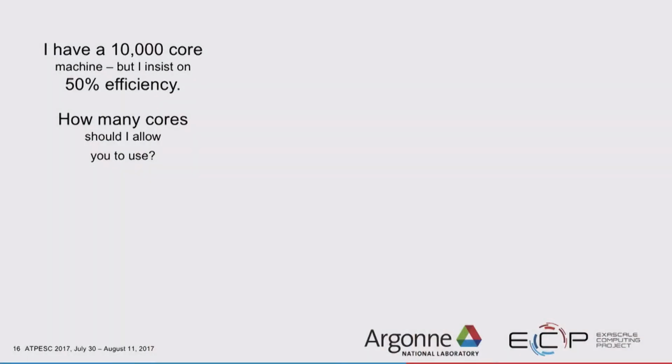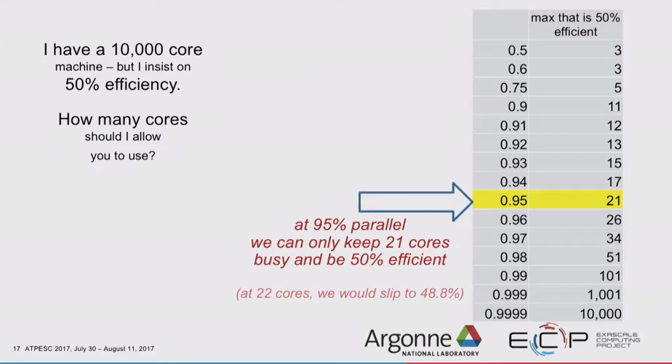So, the whole reason we're talking about performance analysis and all these techniques today really comes down to Amdahl's law. If you want to sit on top of one of these large machines with a lot of cores, you really need to be able to get all the performance kinks worked out in your application. For instance, if I offered you 10,000 cores, but I had this crazy idea that I only wanted you to have 50% efficiency, if you're only 95% parallel, I can give you 21 cores. When I give you 22, you won't be 50% efficient.